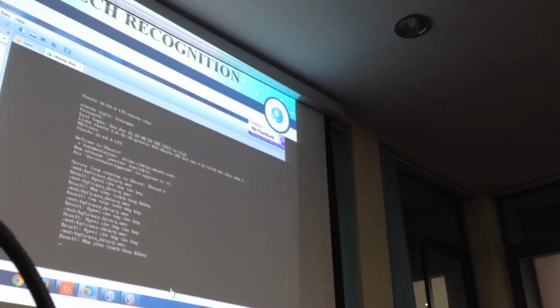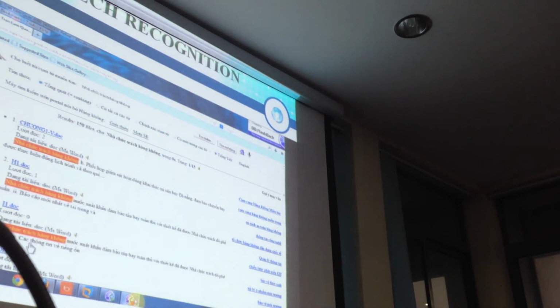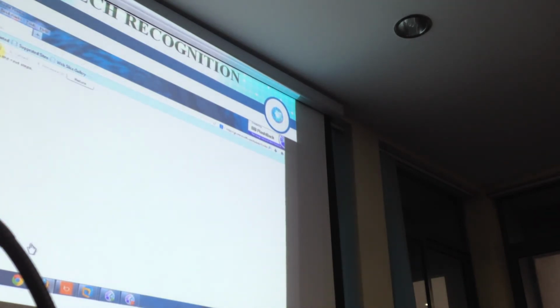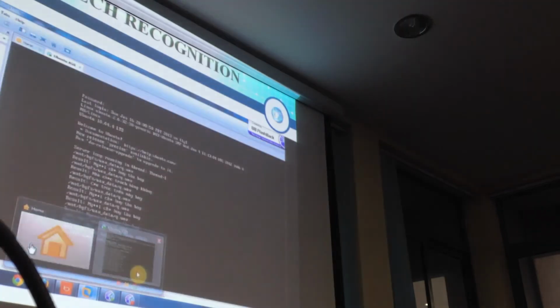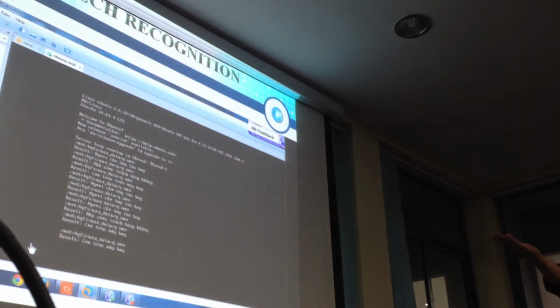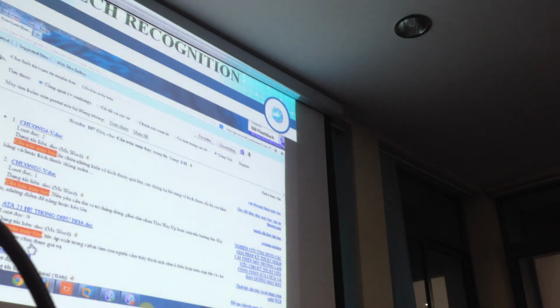Actually, it does not have sound here. And here the voice will be sent to the server. And here is the search about the structure of the airplane.